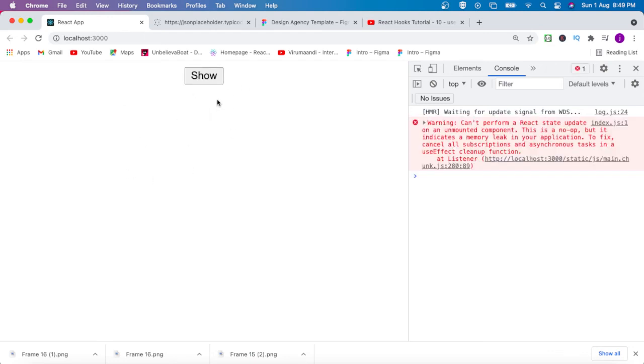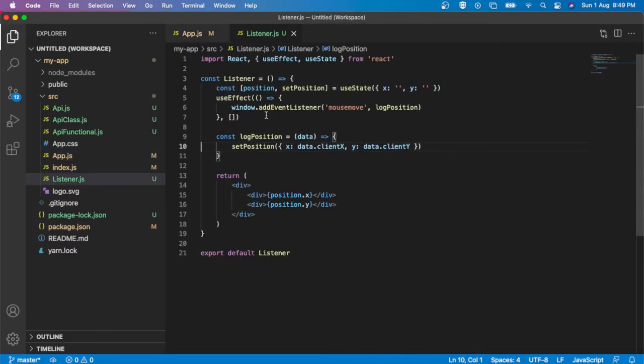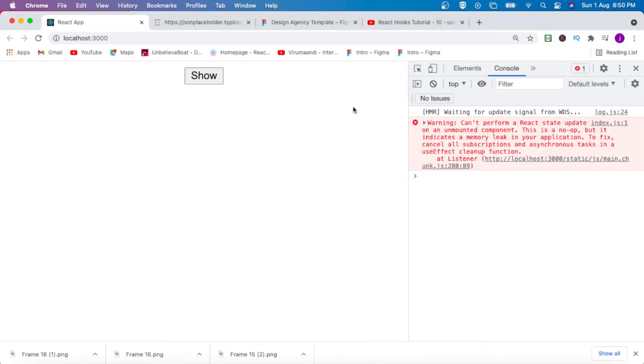On hide, it will hide. See, now it's showing a warning: cannot perform a React state update on an unmounted component. They are saying that if you have not cleaned up this listener on unmounting, it's still running behind the scenes, so it causes memory leakage.